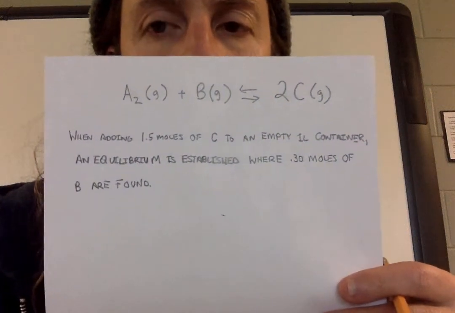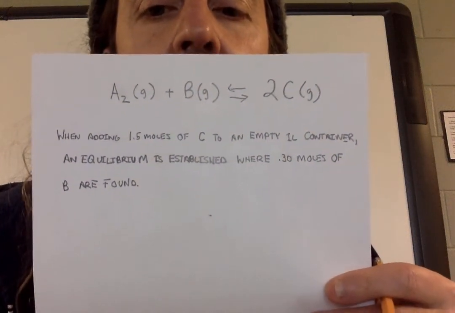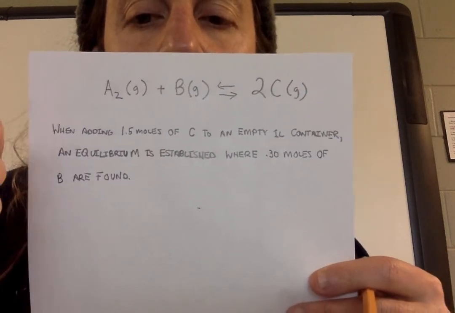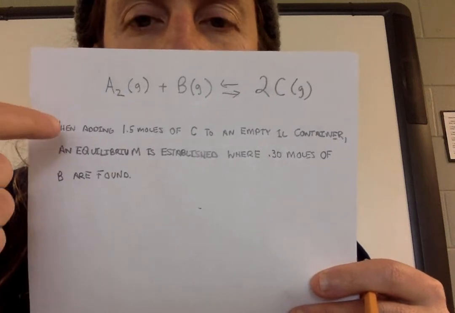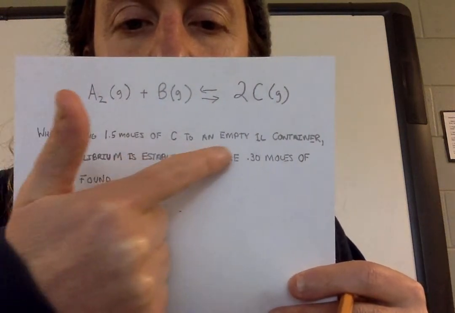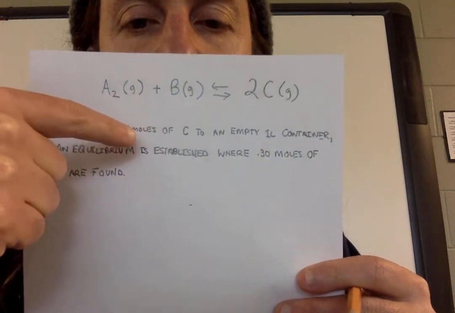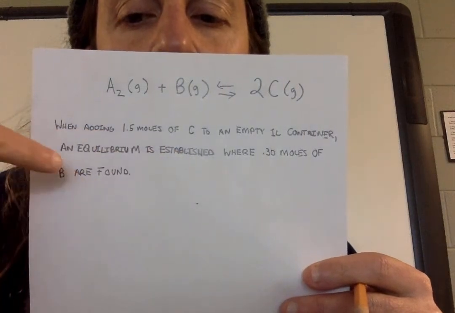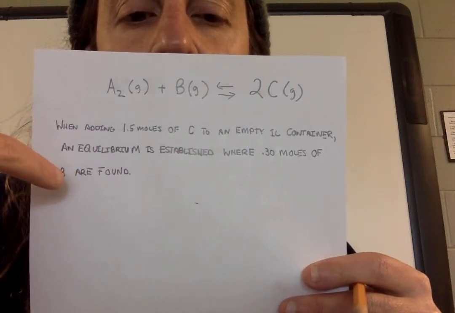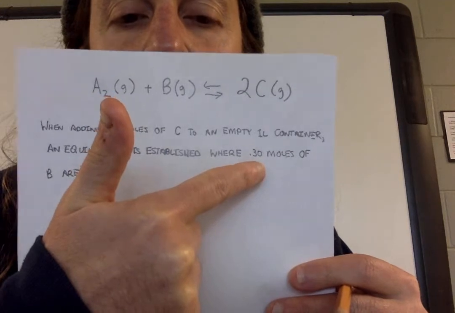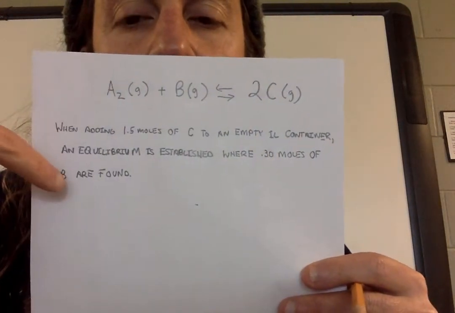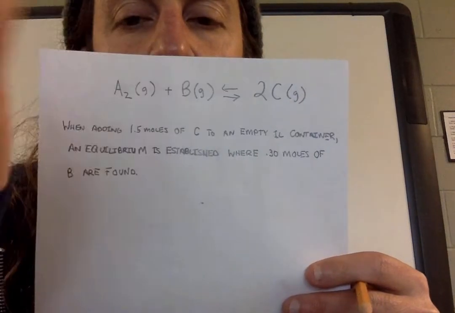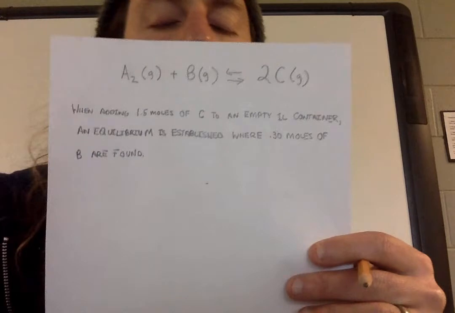So today's topic is going to be using a chart to solve this problem. We're given an equation here, and it's always an empty container. And we add 1.5 moles, and it's a 1 liter container, so we have a 1.5 molar initial concentration of C. And then at equilibrium, we find that we have 0.3 moles of B. Okay, so if it's empty and we put in C, initially there's no A, there's no B, and so let's